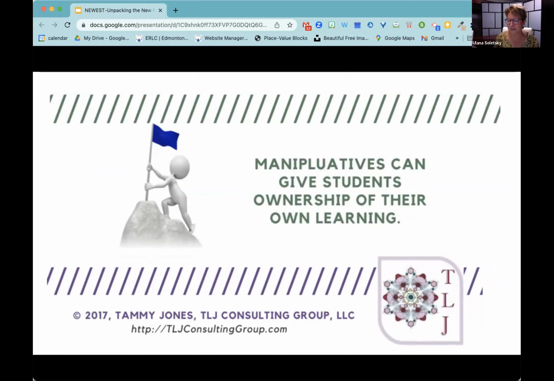And then the other thing is manipulatives can give students ownership of their own learning, which is so important. When kids have that ownership, it is brilliant. And again, I'm going to give you another example. My own daughter, who is now 24, who is graduating from nursing. Yay, this month. Next month, I'm so excited. Anyway, she's my baby. But when she was in grade 4, they were doing area models